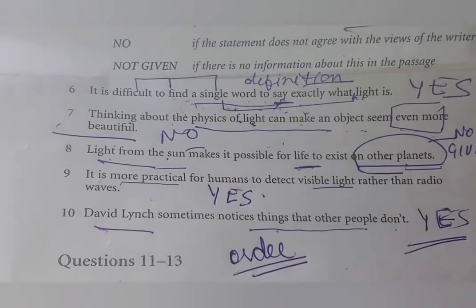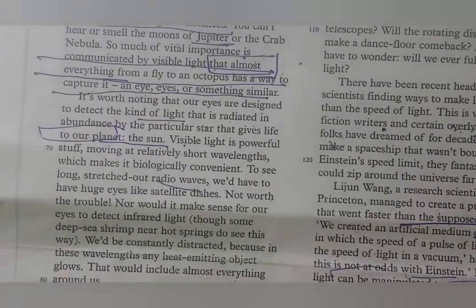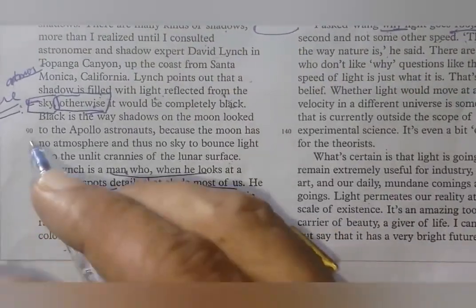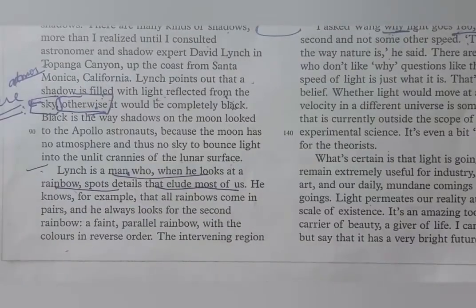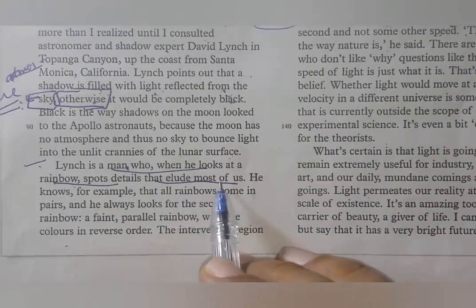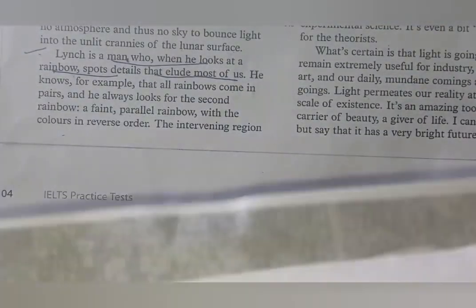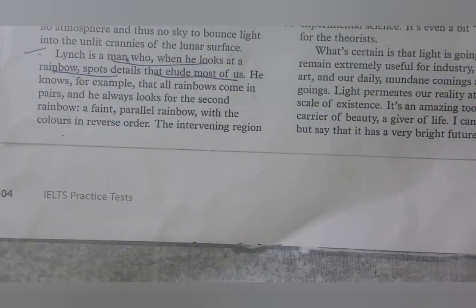अब ये कहता है कि कुछ ऐसा नोटिस करता है जो दूसरे लोग नहीं करते, कंपेयर कर रखा है। तो आप ध्यान से देखो प्लीज, यहाँ पे ही सेड, मैंने ये लाइन क्यों पकड़ी, हाँ इसमें क्या, इसने कहा इज अ मैन हू, इसका मतलब किसी के साथ कंपेयर करने जा रहा है बंदा। व्हेन ही लुक्स एट रेनबो दैट एल्यूड मोस्ट ऑफ अस, मोस्ट ऑफ अस में क्या हो गए, आप लोग आगे, राइट, मैं भी आ गया आपके साथ।